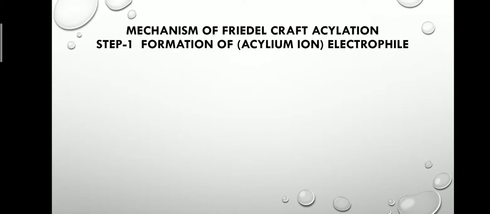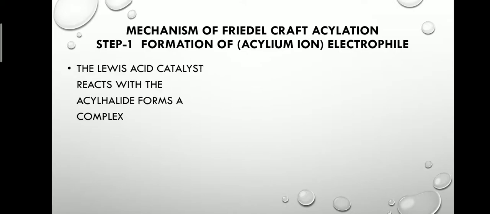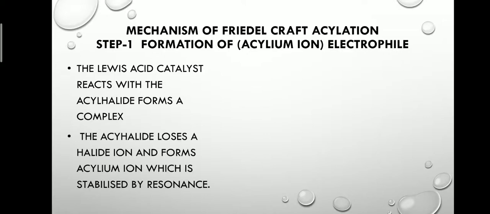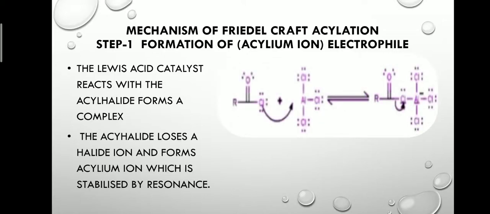Now let's see the mechanism of a Friedel-Crafts acylation. First step is formation of the electrophile. So here the acylium ion is an electrophile. So the Lewis acid catalyst, that is the aluminum trichloride, reacts with the acyl halide and forms a complex, and in that complex,